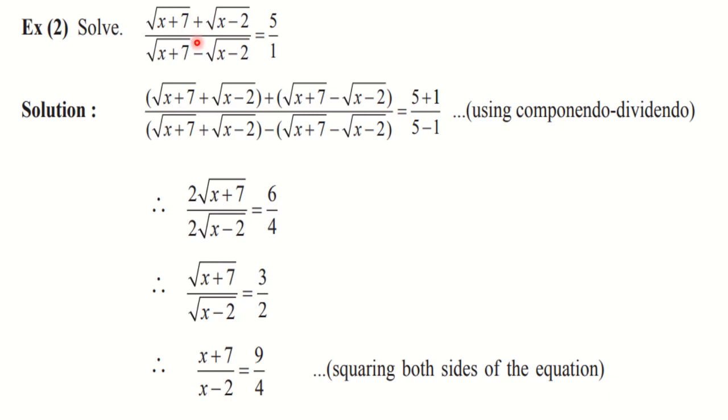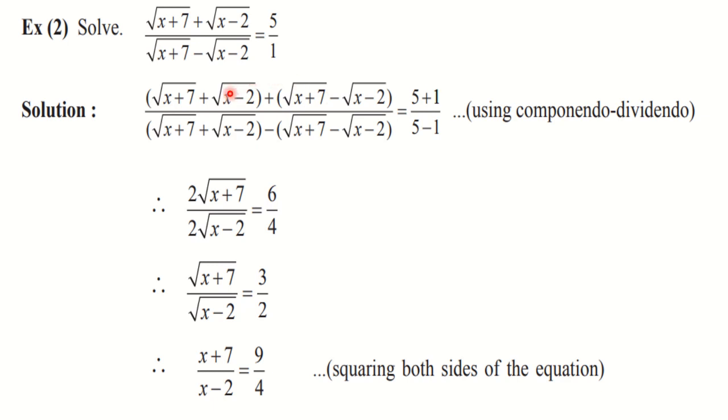They are separated by plus and minus sign. So if you want to cancel one term from the numerator and the other term from the denominator, we have to go for componendo dividendo. So we are going to use the property componendo dividendo. Whenever you have componendo dividendo on the left hand side, you have to make use of componendo dividendo again to cancel those terms. So componendo dividendo means what?